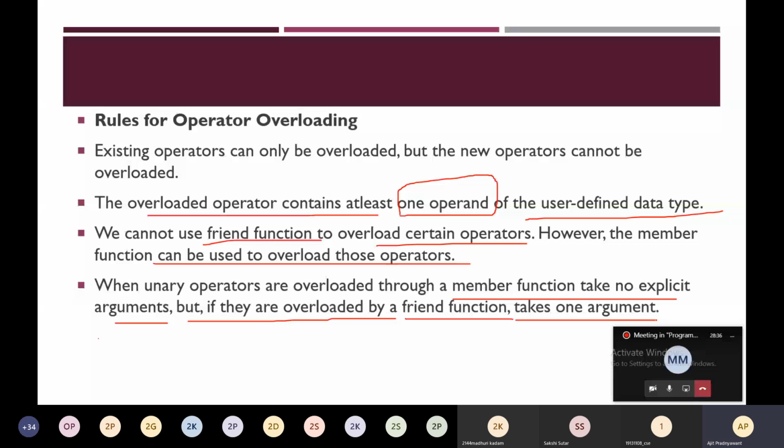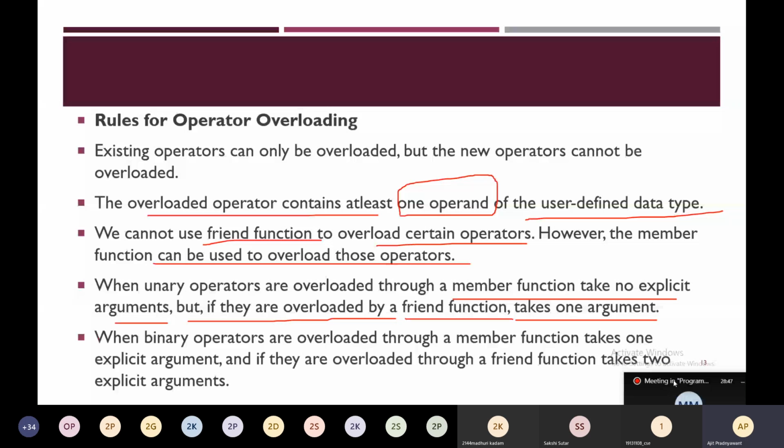When binary operators are overloaded through a member function, they take one explicit argument, and if they are overloaded through a friend function, they take two explicit arguments. We will see what this means. This is with respect to friend functions, which we will learn in detail once it comes.